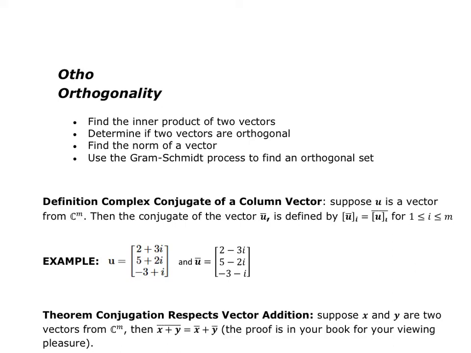In this video, we're going to talk about orthogonality. We're going to find the inner product of two vectors. We're going to determine if two vectors are orthogonal. We're going to find the norm of a vector. We're actually going to find a non-standard unit vector, and we're going to use the Gram-Schmidt process to find an